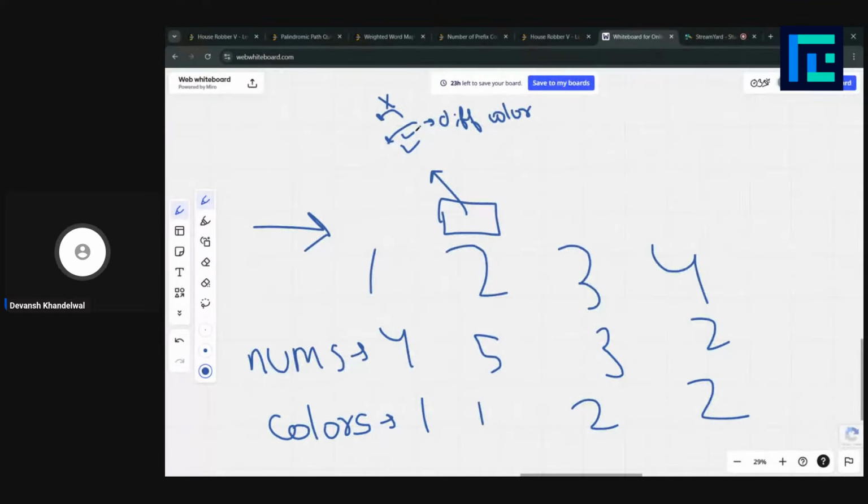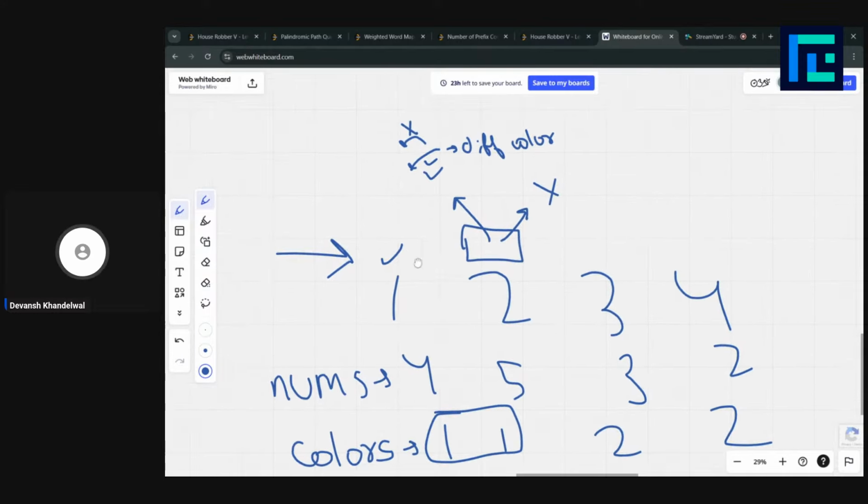What if this is of the same color? Then we cannot take this house. If the previous house is of the same color code, just like it is here, and it is taken, then we cannot take this house. So this is our first observation.